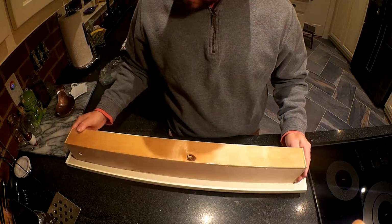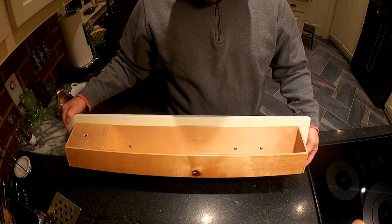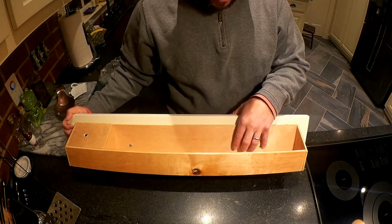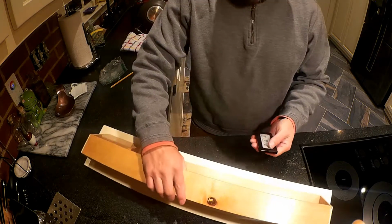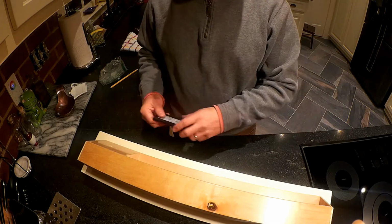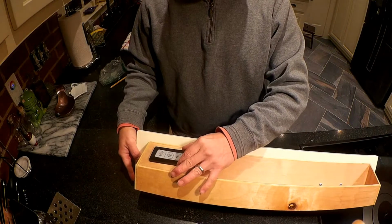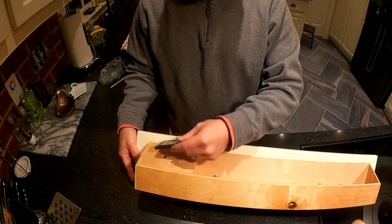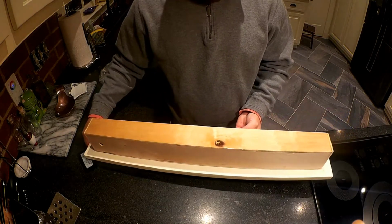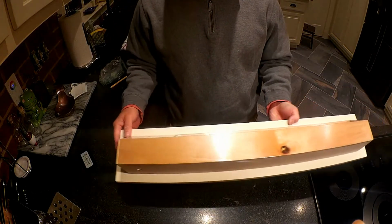So here is the completed drawer box, and I have it already mounted to the drawer face. Essentially the way I mounted it, I used the bin pull hardware as a point of attachment. So here's the controller, and the back of it is actually offset, so I needed to offset the hole so that it would be mounted in the center once I attach everything. So it fits like that, and it has a sticky backing, and I'll stick it on once I get everything attached. So I basically just centered from top to bottom, and then from side to side,